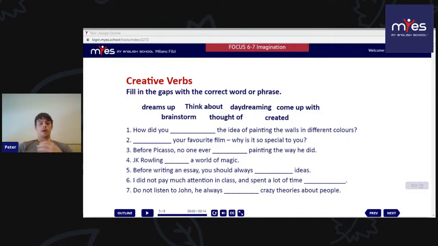If you're using an ing form, the infinitive, if you're using the past tense. All right, so